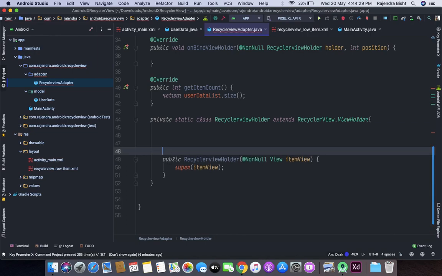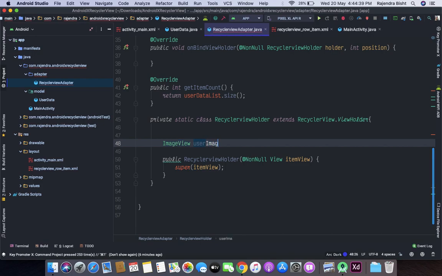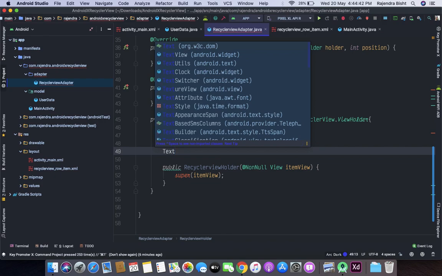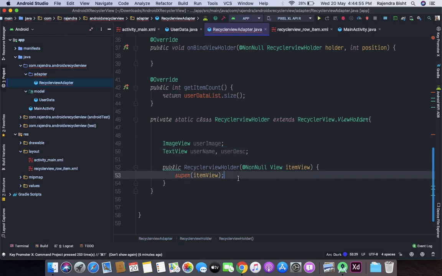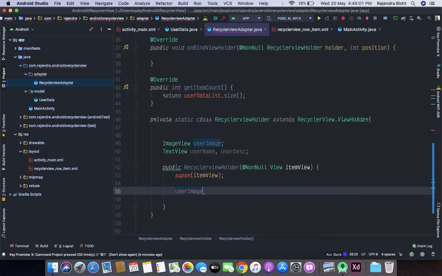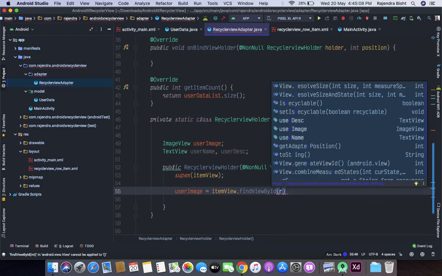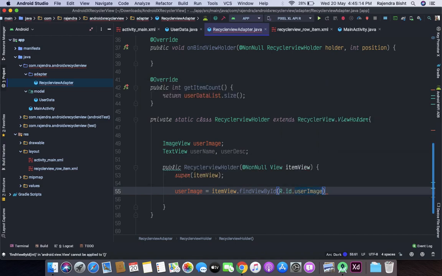So here we will take our layout file's elements, like first is ImageView and TextView. itemView dot findViewById, R dot id dot userImage.